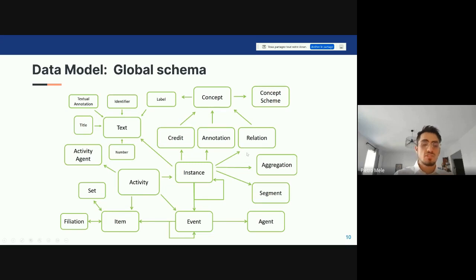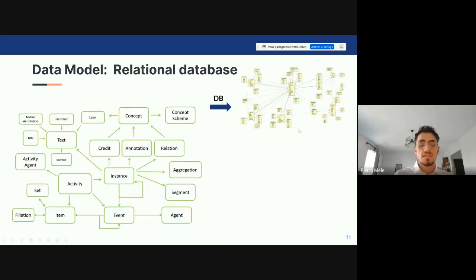We have some challenges that are brought by having such a huge and complex model. The first one is to fit all this into a relational database. We can have a fairly complex and large database schema with different tables, different relations, and different keys.